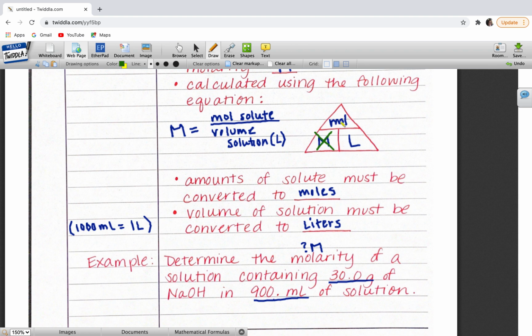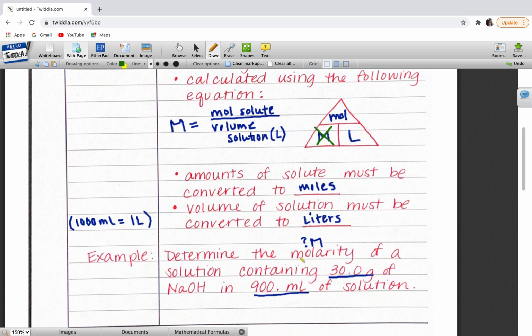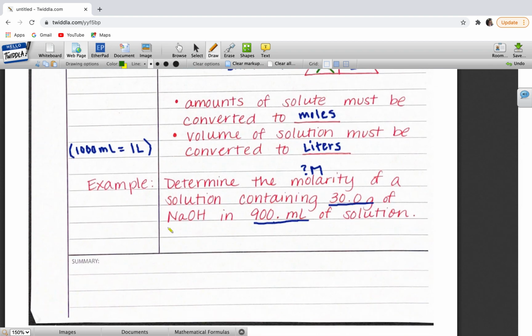Then what I have is moles over liters left. So I'm going to have to take moles and divide it by liters to solve this problem. The issue is I don't have moles or liters at this time. So let's fix that. I'm going to take my 30 grams of solute,